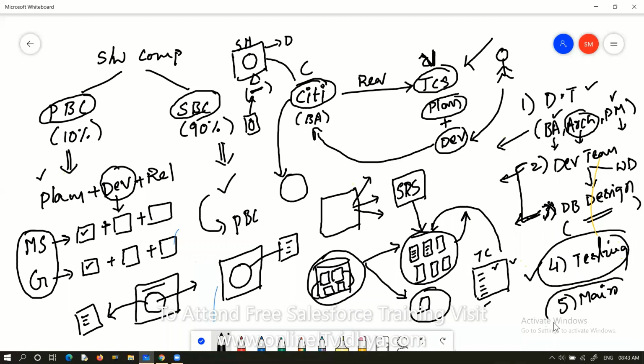And the next team is the maintenance team. See, now Citibank customers are going to start using the Citibank application. But if all of a sudden any problem is there in the application, Citibank can't solve that. So that's why a separate maintenance team is going to be there in the backend. If any problem is there, immediately they will sort out the problems. In the maintenance team, either primary developers can be there or second level developers can be there. Mostly in the maintenance team, only second level developers are there.